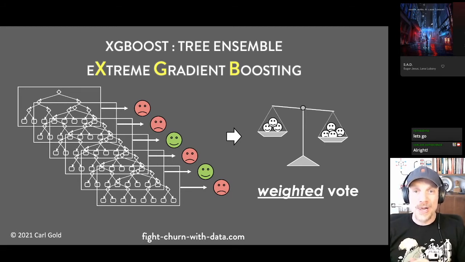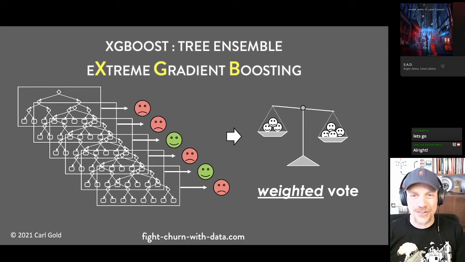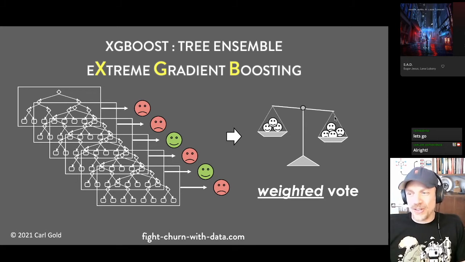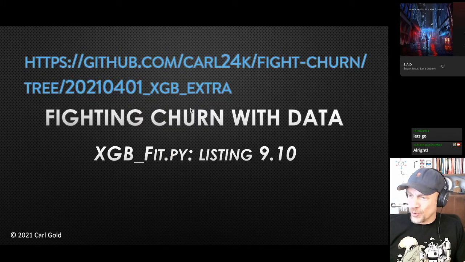Now, I'm not going to go into the details of how XGBoost works because, like I said, I'm not an algorithm explainer. If I was a great algorithm explainer, I think I'd be a professor, or maybe I would have stayed in academia. But I'm more of a churn fighter, an applied data scientist. So we're going to look at using this rather than explaining how it works. So I think without further ado, we can finally get into some code.